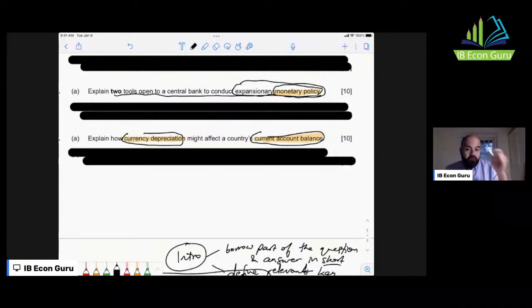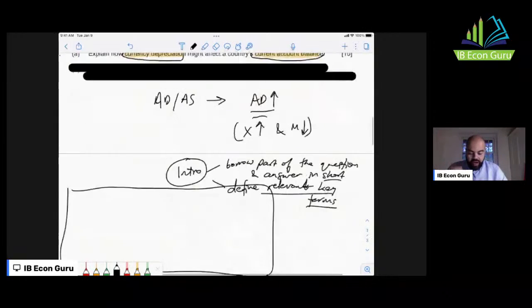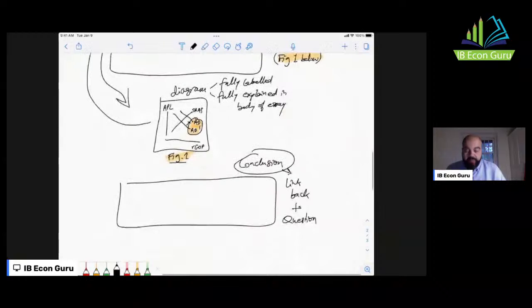A very good diagram here would be an exchange rate diagram, okay? Or you could use an aggregate demand, aggregate supply diagram to show that when currency depreciates, foreign demand for exports increases and domestic demand for imports decreases. So ultimately you have an AD-AS diagram with AD increasing. Why? Because export revenue increases, import expenditure decreases. Make sure you've fully explained the diagram,